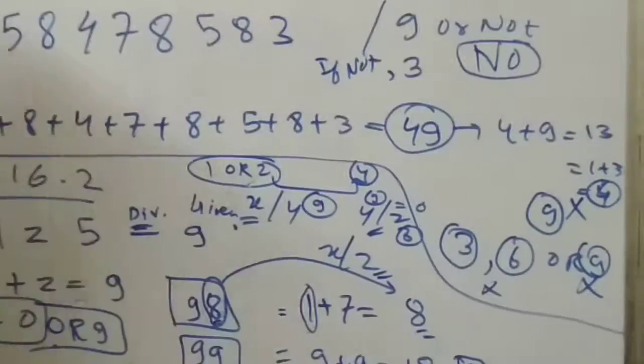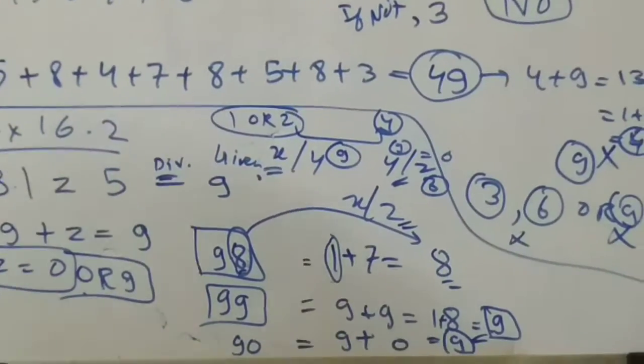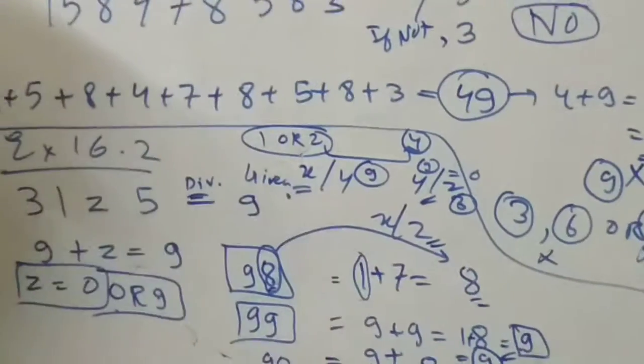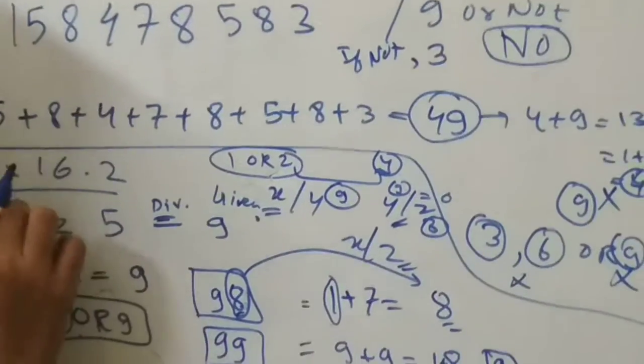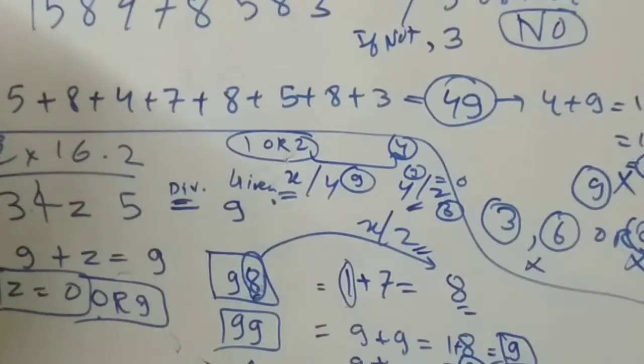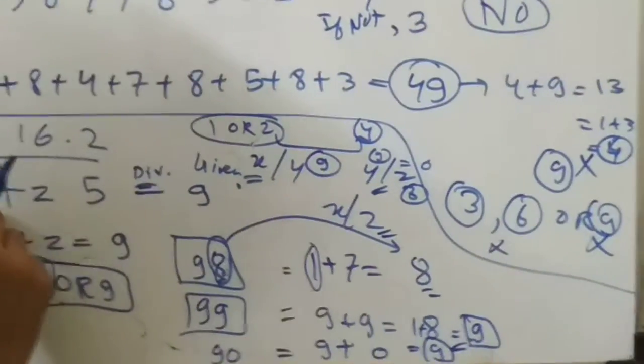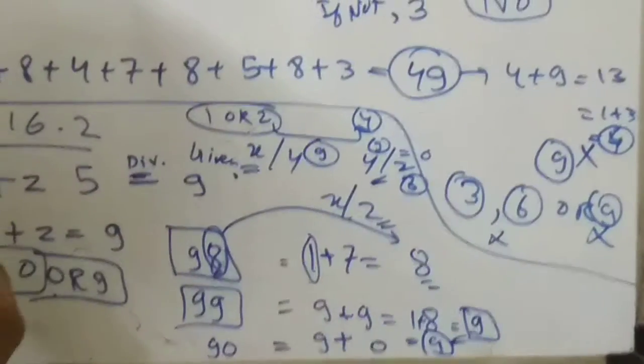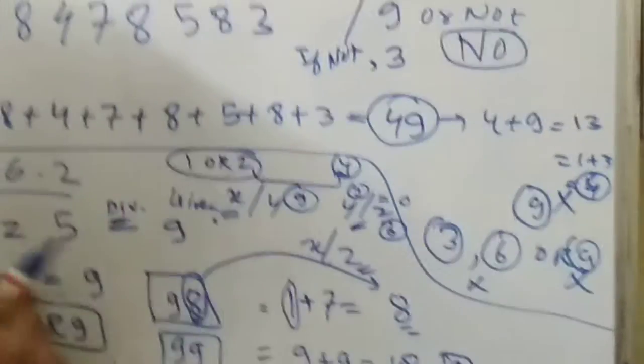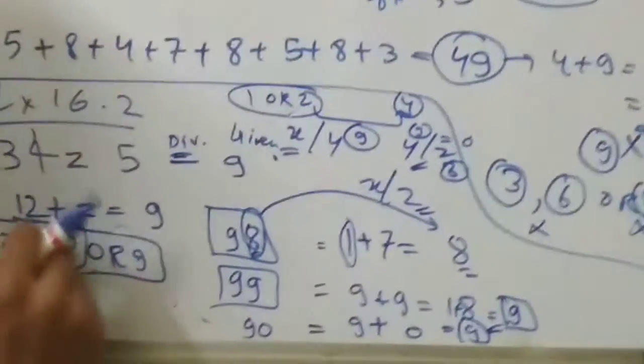And this is valid for every case. Every case, I am telling you, but only for 0. That means if the problem would be here 4, then what will be? 3 plus 4, 7. 7 plus 5 will be 12. 12. What number should be added to 12 to get 9?